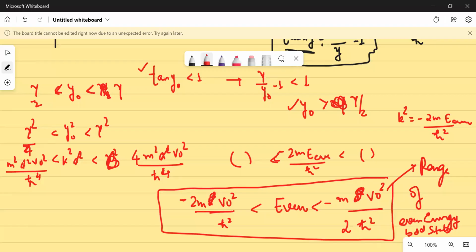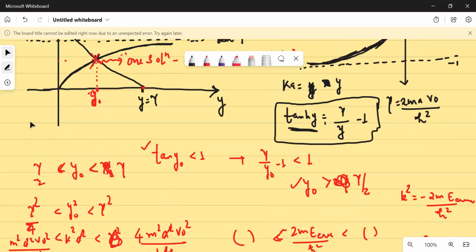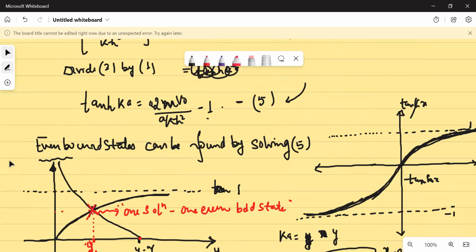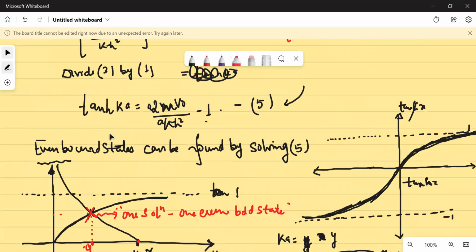So we've discussed till now the even bound states. Just a recapitulation of what we were doing in the last lecture. Last lecture we were trying to find how many even bound states there can be, by plotting the graph of tan hyperbolic Ka versus